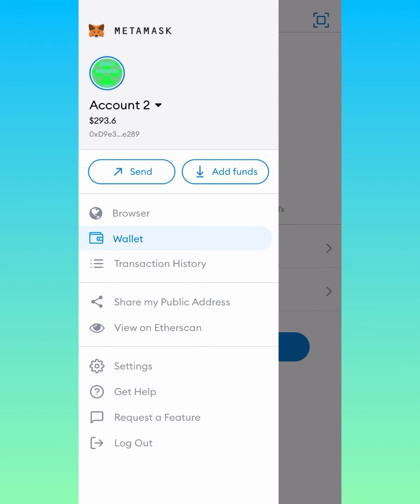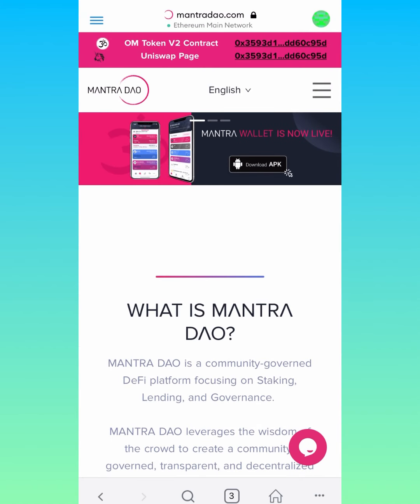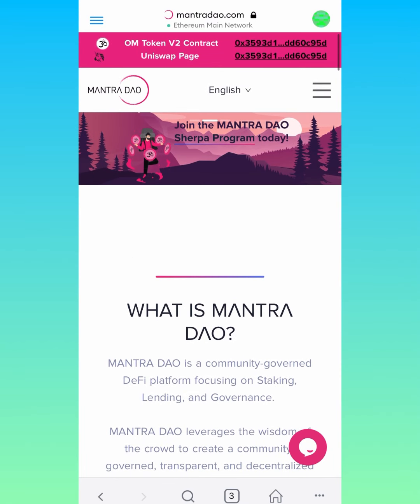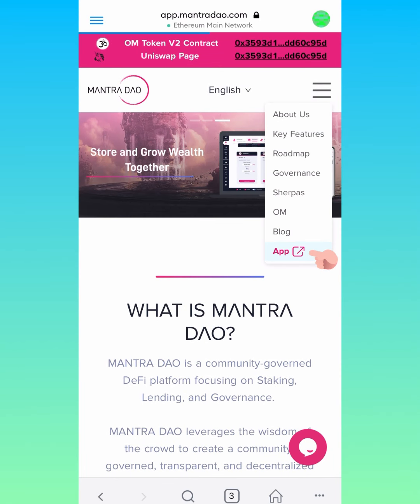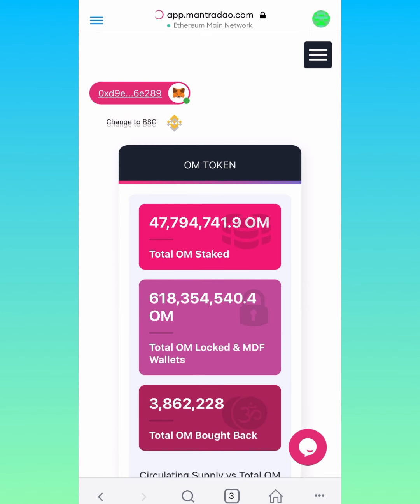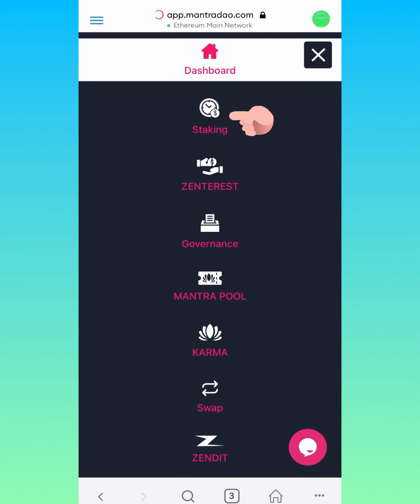Alright guys, so first of all, you go up to the little hamburger button, click on that, go to your browser, type in mantradao.com, and you'll want to go over to the app, and click the other hamburger button to the top right corner. Go to staking